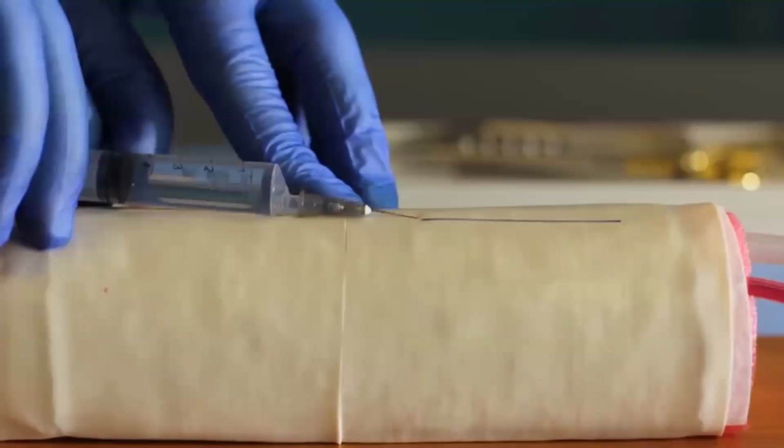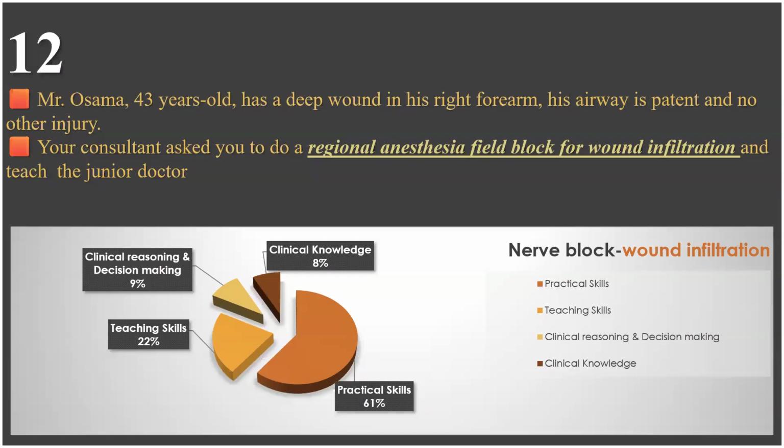Here in this station, nerve block, wound infiltration, you did well in the introduction. You did not ask the two open questions. You should say, I believe you have something to discuss with me regarding nerve block wound infiltration. May I know your name and grade? Nice to meet you. Then the two open questions: how much do you know so far about this topic? You did not ask this question. And anything specific you want to know?